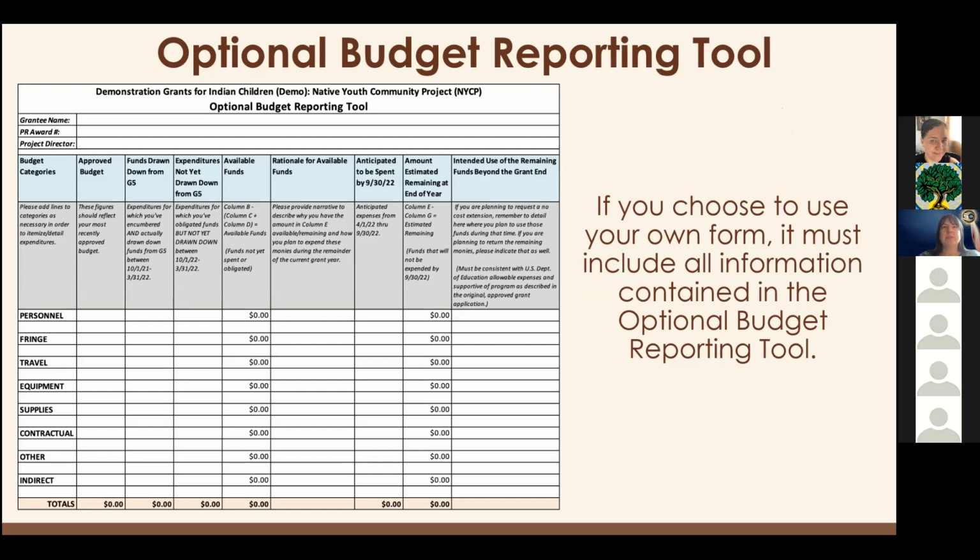We're going to post that in the chat box again if you weren't able to grab it at the top of the session. But we strongly encourage you to use this, but you may use your own form. Just please be sure that all of the information that's contained in this optional tool is also included in the form that you are using.